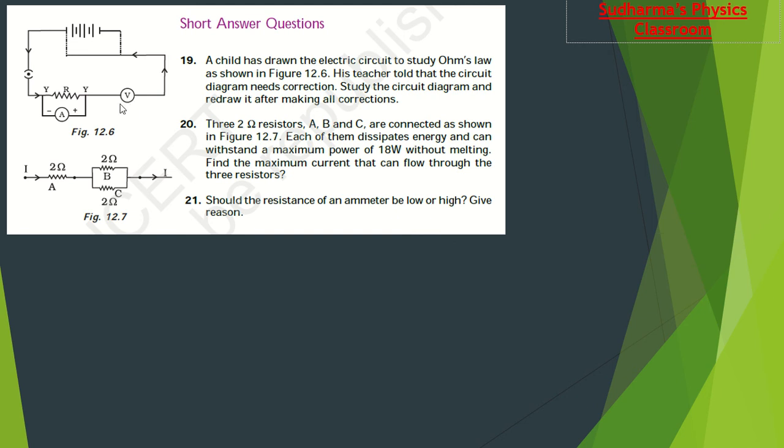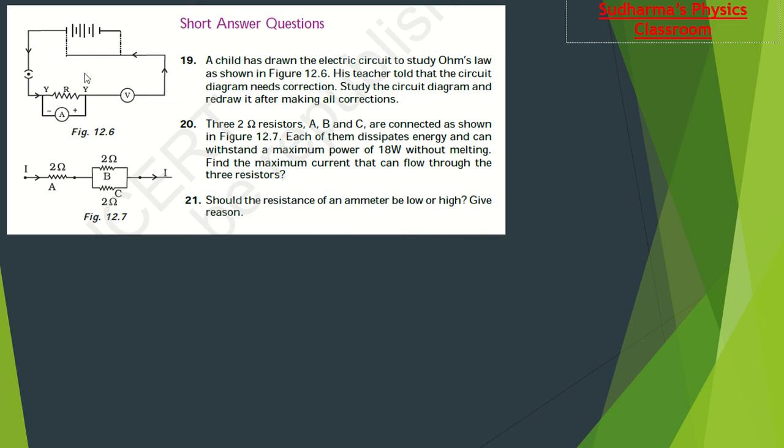Polarity is important. Next thing we have to check is about the cell or the battery. We have to connect positive, negative in series, right? Observe here. Here you can see 2 positives are connected together, right? That's again wrong. So we have already found out 3 mistakes and definitely this is a 2 mark question. Minimum we can expect 4 valid points, half mark each. So 3 points found out.